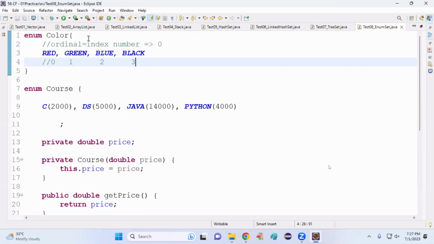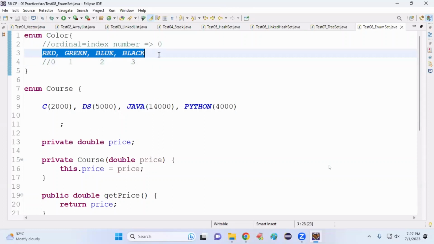If you want notes and all, read; I already shared the enum material. Did you get it? If you forgot, go to the material, Core Java by Hari Krishna. There you can find the enum material. You can read it, or else check in your Google Classroom. Already shared material. Now my topic is